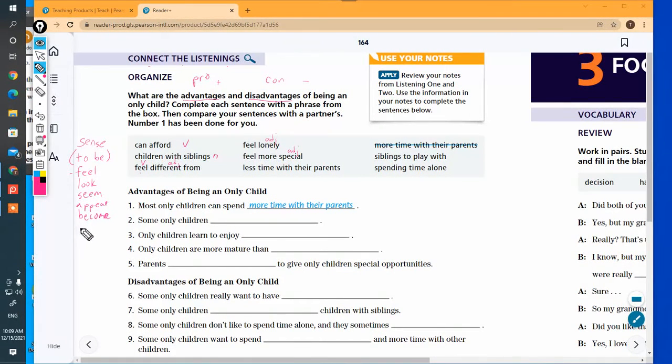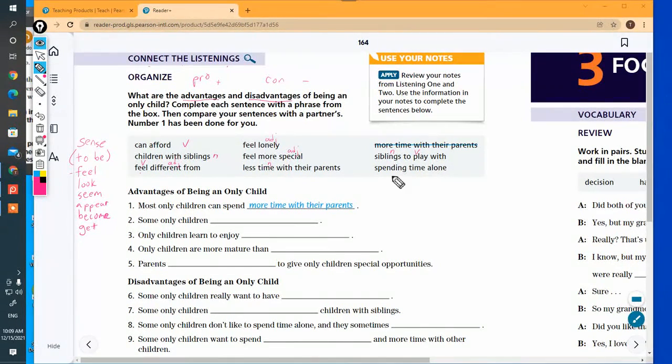and maybe he's becoming rich. And when you use get the same way, you can use adjectives after get as well. Like it's becoming cold, it's getting cold. We are getting rich. Okay, at our new business. Less time with their parents. Okay, so that's a noun. Less and more are adverbs. Siblings, that's a noun. Here's a verb here, and here's a preposition.